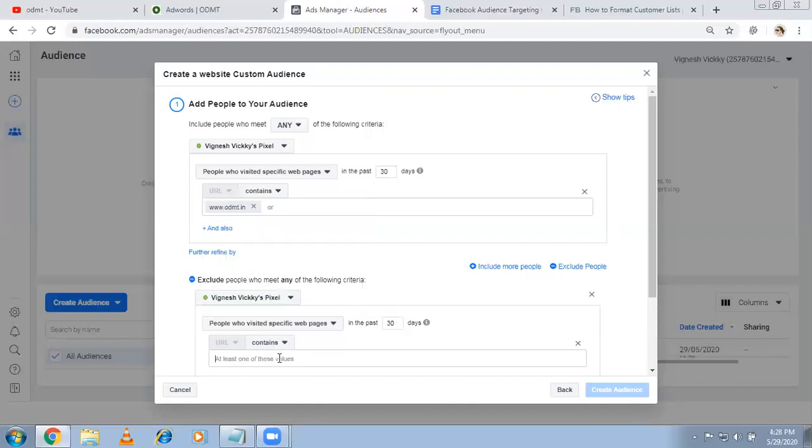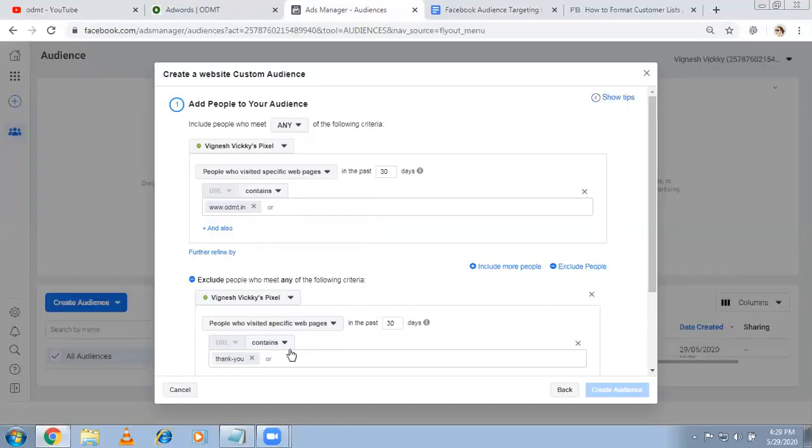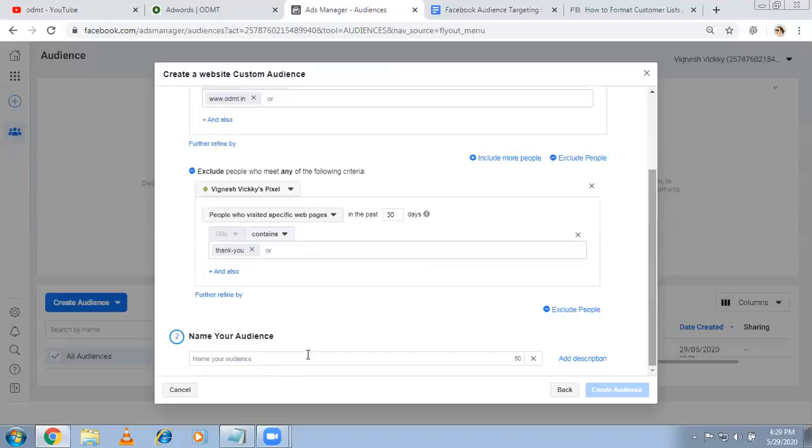whoever came to my pages which have thank you. Throughout my URLs, there is only one URL which has a thank you, that is the thank you page anyway. So now I'm saying that people who came to my thank you page, I want to filter them. So remaining all the people I'm targeting. Initially, people who visited my odmt.in, all the URLs I want to target them, but I'm excluding the thank you page visitors. This I'm naming as